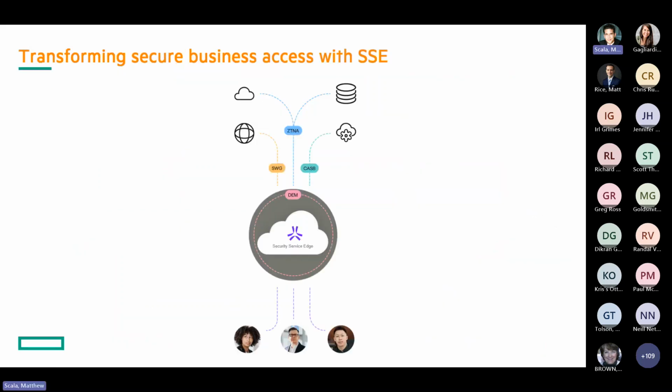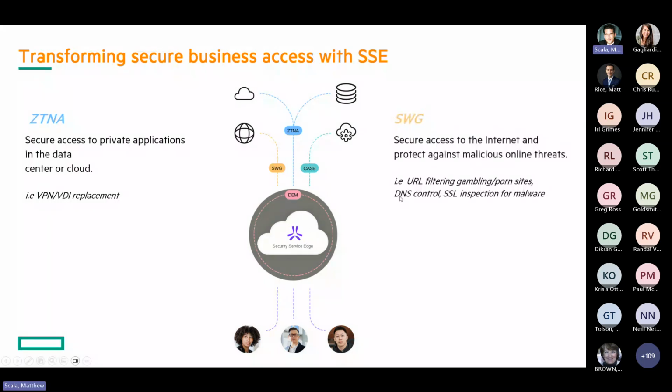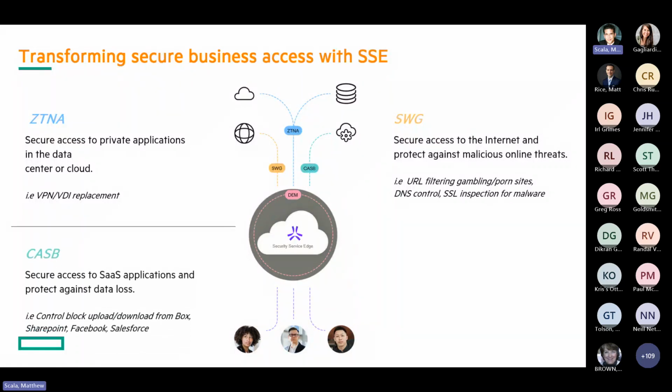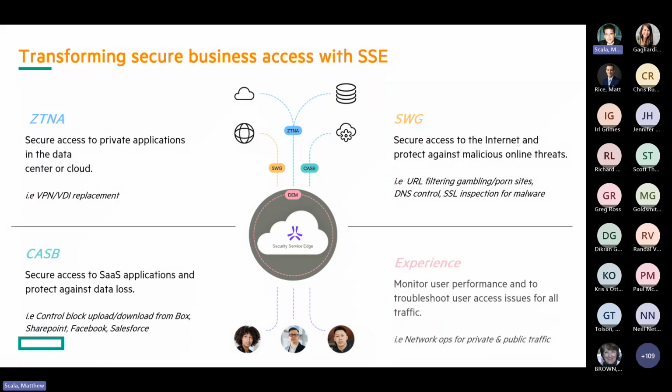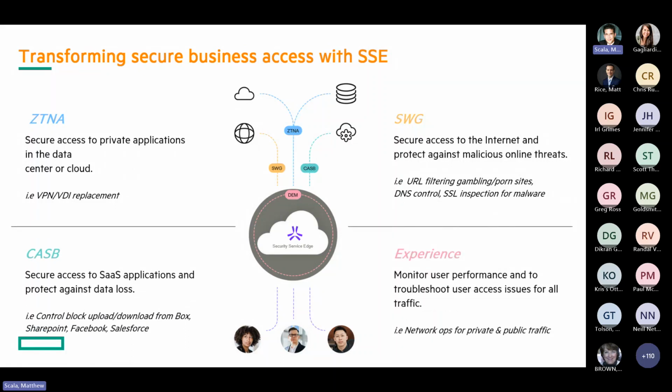So in this case, when we dive deeper into some of these SSE solutions, you'll find that each solution kind of emphasizes a specific technology area. This could be software secure web gateway, where a company started there. This could be CASB. Atmos Access, though, kind of took a different approach. Of course, we've all heard of Zscaler, we've heard of iBoss, we've heard of other players in the market, but